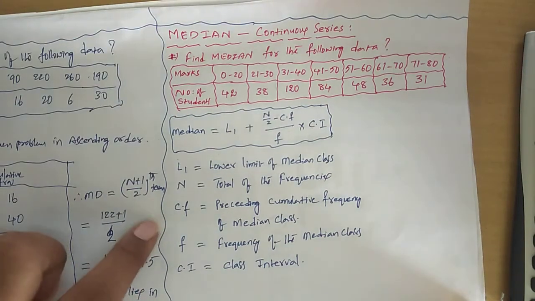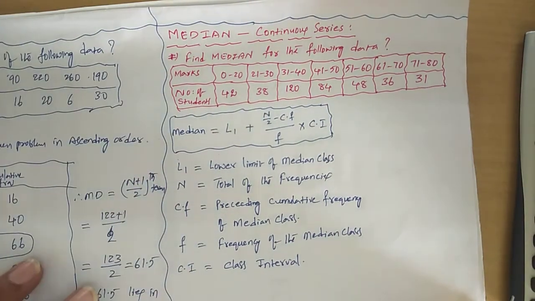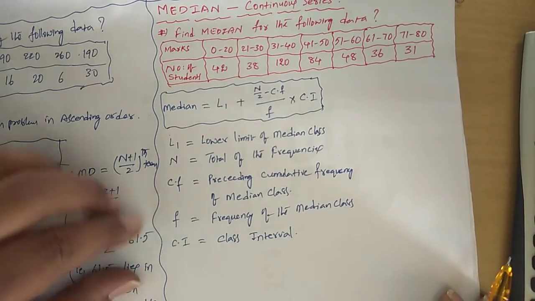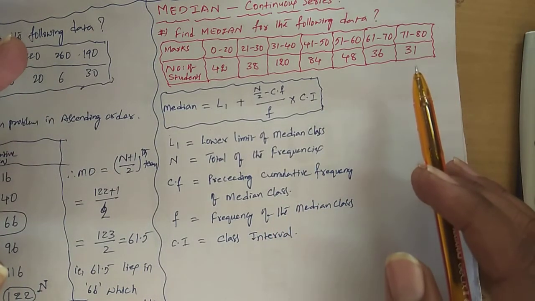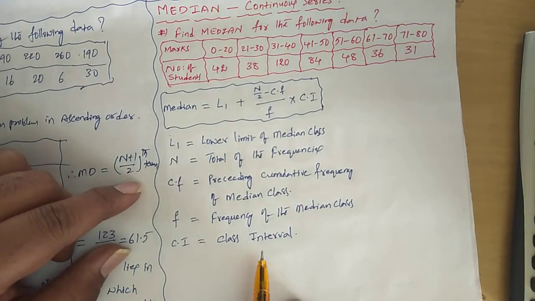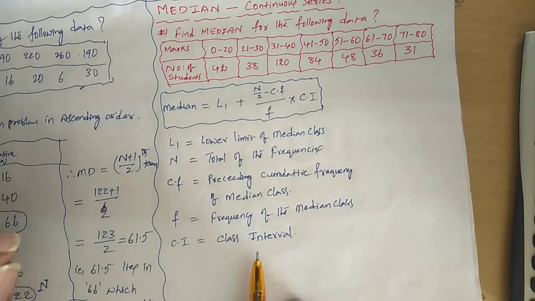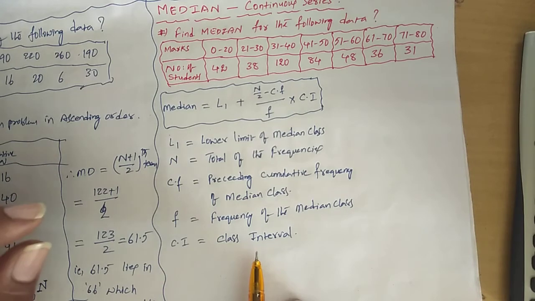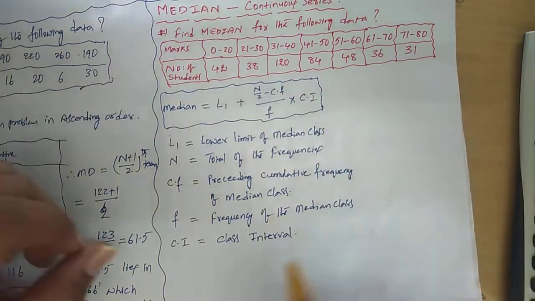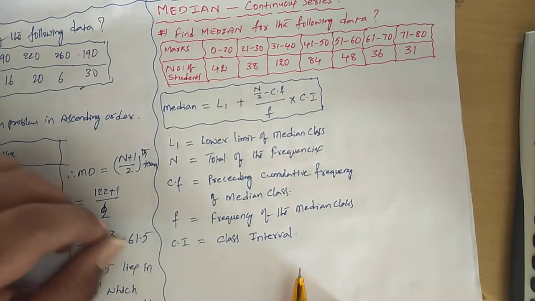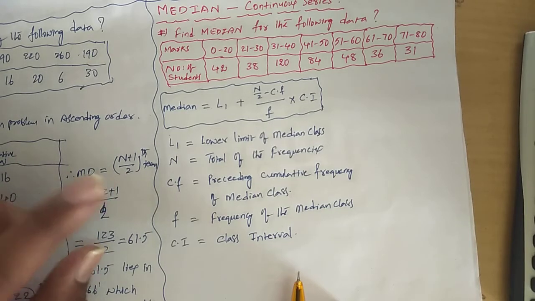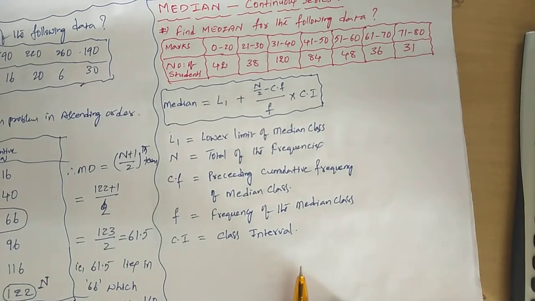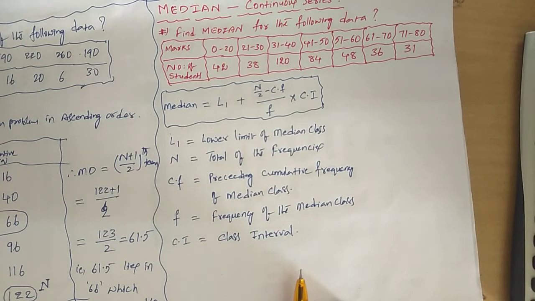Right, now we are going to apply this formula to this data. Understand? Now carefully observe here. Though it seems to be continuous data, it's not continuously formed. You have to be very, very careful, especially when you are tackling continuous data kind of problems. Within the continuity, discontinuity will be there. So you need to first of all nullify the discontinuity. You need to make these discontinuous values into continuous. Where are you observing the discontinuity in the given data?